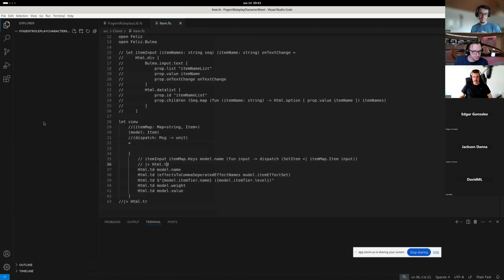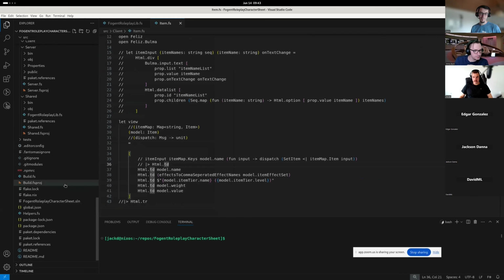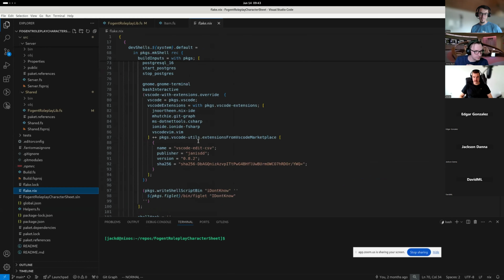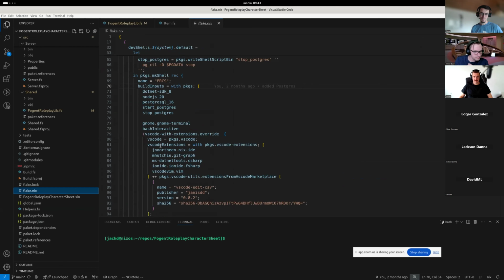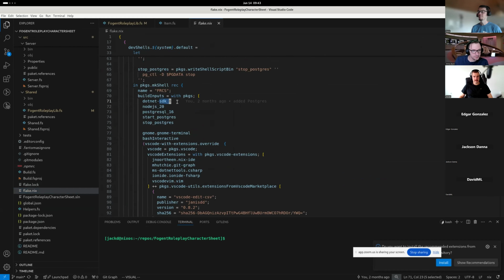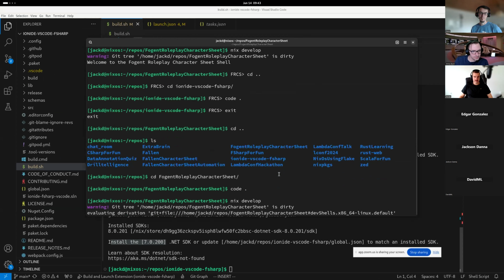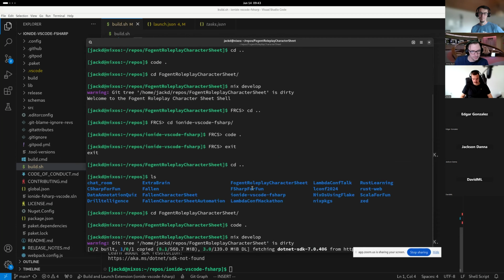We go to my Nix, and for my build, instead of .NET 8, I should be able to just do .NET 7 here. Save that. Then if I enter into my shell here, that's going to drag it down. This might take a second to download because it's going to download the SDK, but we're good. So it's just going to build it with .NET 7.